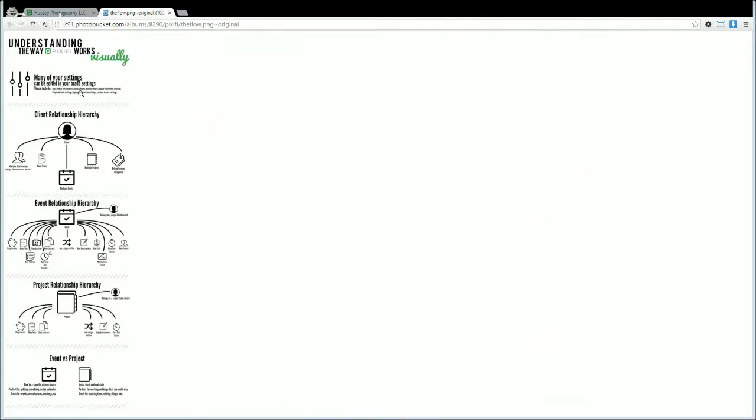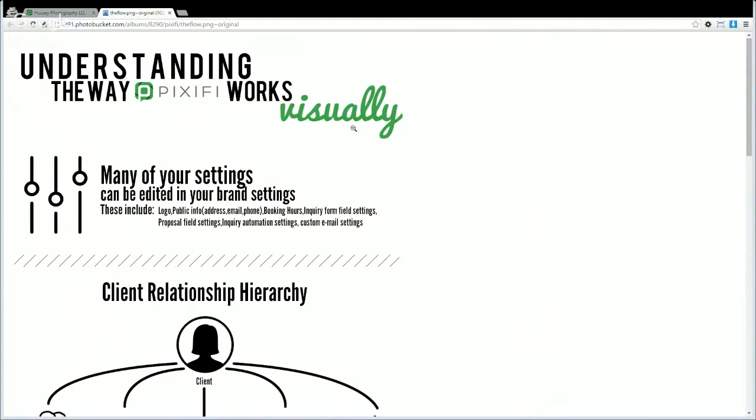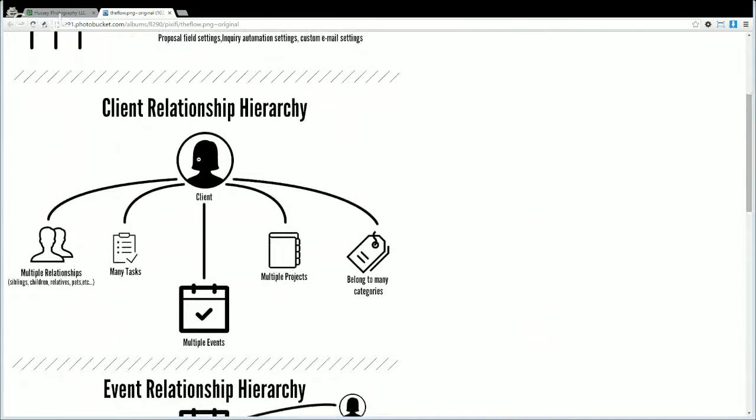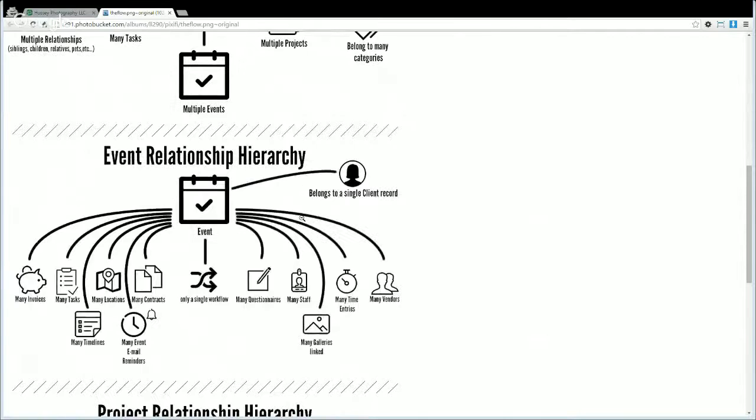So I started creating this chart that goes over some of the differences and the way things work in Pixifi. I explained that you have one client and the client can have multiple events, multiple projects. It can belong to multiple categories. It can have many tasks and can also have many relationships. An event belongs to a single client and can have only one workflow, but can have many questionnaires, many staff, many galleries that are linked up, many time entries, many vendors, many event reminders, and so on. I'm not going to read everything, but